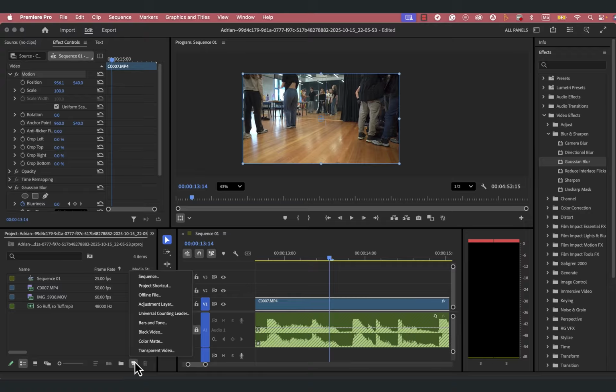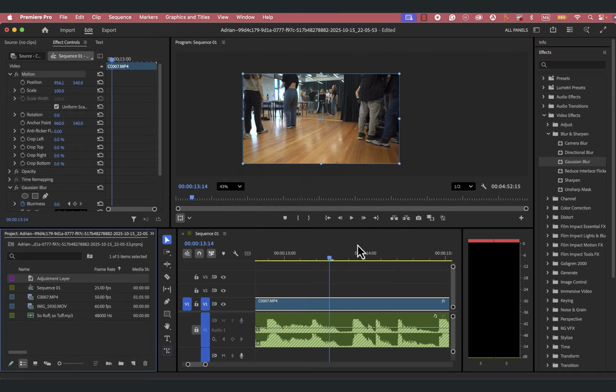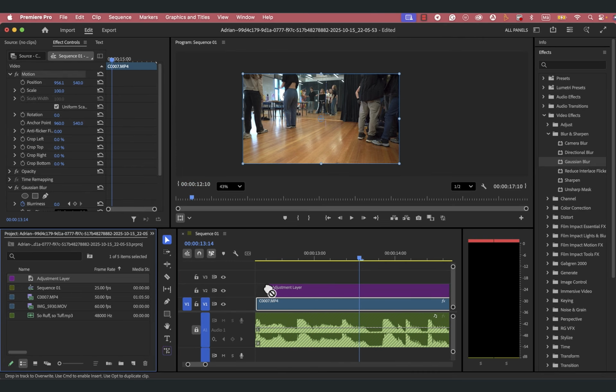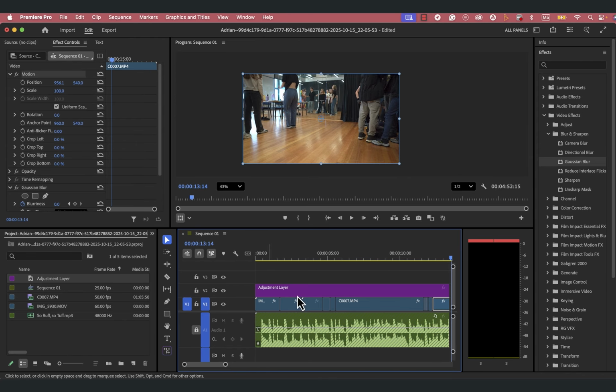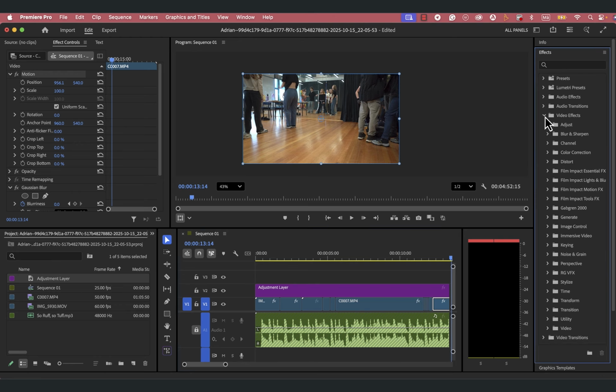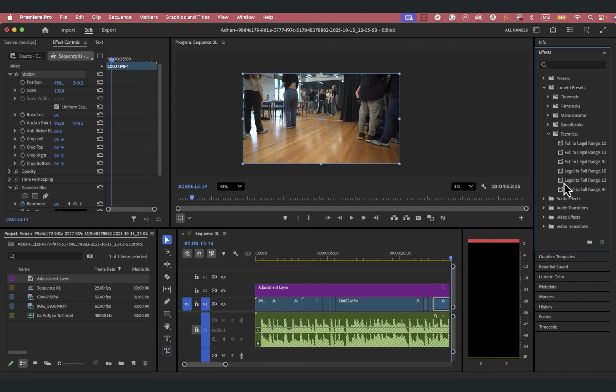go to the new layer icon down the bottom here, I've got an option called an adjustment layer. Yeah, it comes up with the same size and frame rate. Adjustment layer. I'll check it on here. So adjustment layer in this case is just kind of a blank layer. But what I can do is I can add filters and things to that blank layer. So when it comes to the color ones, I've got an option here that says